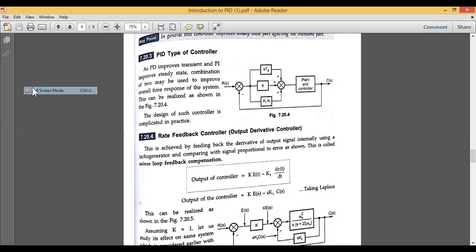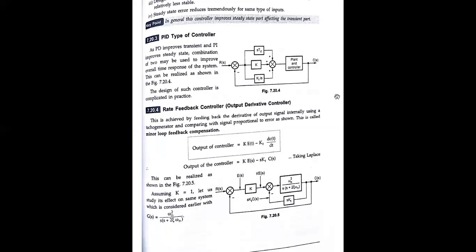The period where it goes below the level, or reaches the zero or ground level, we call the steady state response. So together, transient and steady state responses are studied. Along with them, we have also seen something called steady state error, but we will not go in that direction. Now we see what type of controller is used here. This PID controller is another type of controller which makes use of both the transient and the steady state responses. If you want to improve the transient response, you should go for PD. If you want to improve the steady state, you should go for PI.